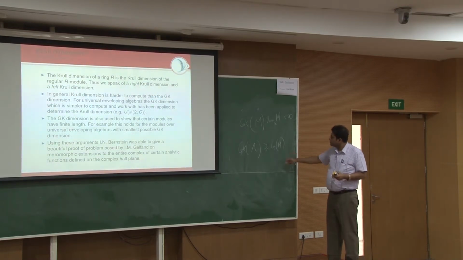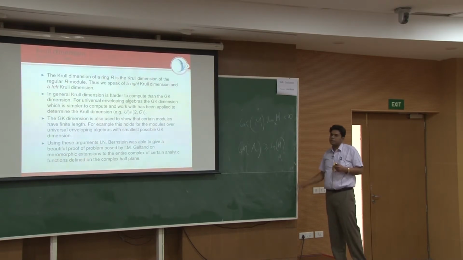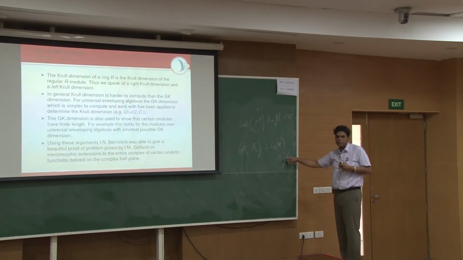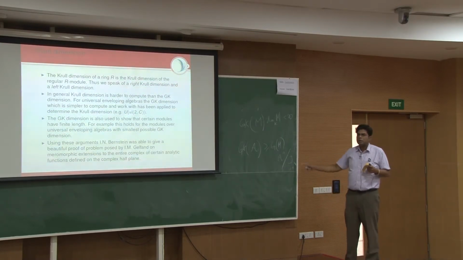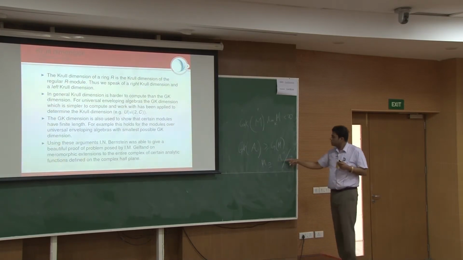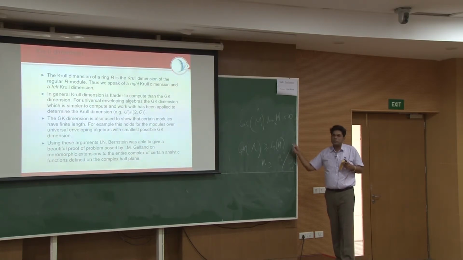If M is a finitely generated free module, A to the n, then its GK dimension is equal to the GK dimension of A. But in general, if it's finitely generated, it will be some quotient of A^n, n copies of the regular module. So GK dimension is well behaved in the sense that if you take a quotient of a module, it will be